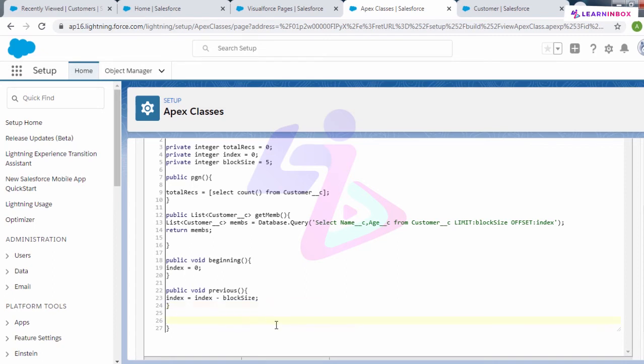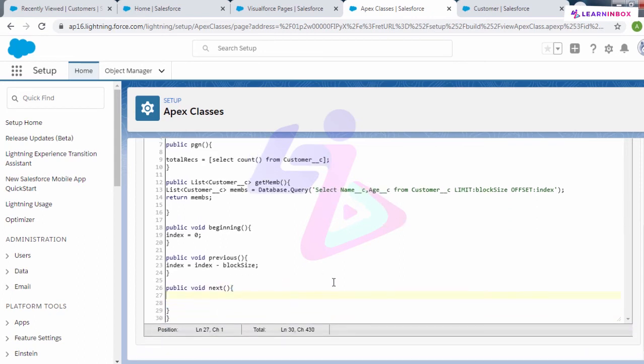Now let me write for the next button, public void next. As we have written the logic for previous, index equal to index minus block size, the logic for the next button would be the opposite.